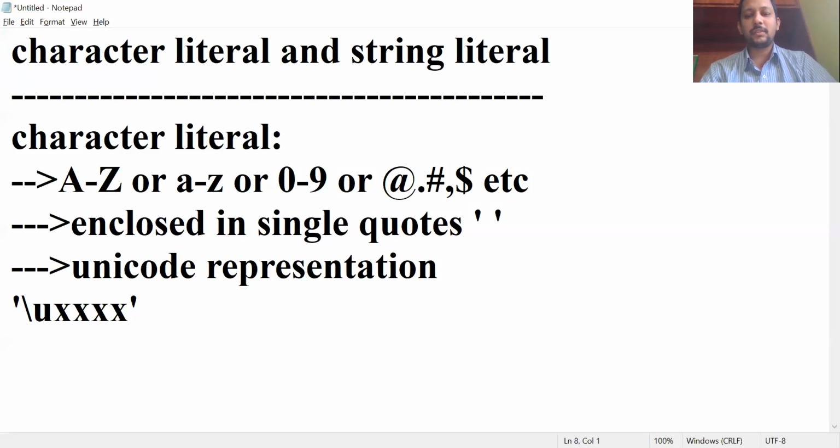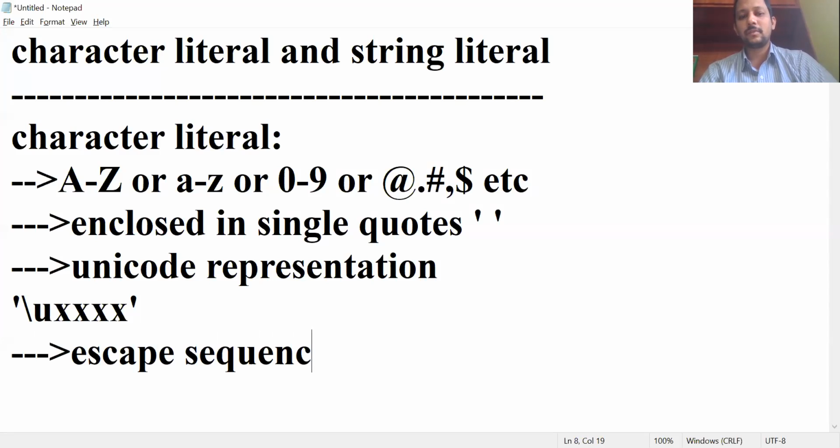And one more point is we can use escape sequences also. Escape sequences also we can specify as a character literal, like \n and \t. See the example I'll show.